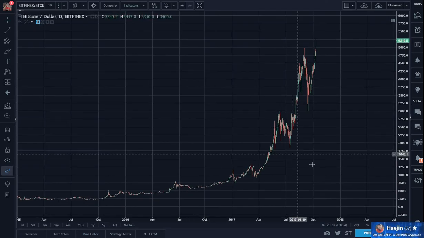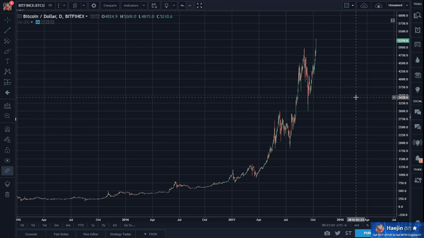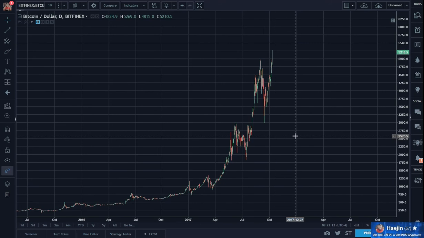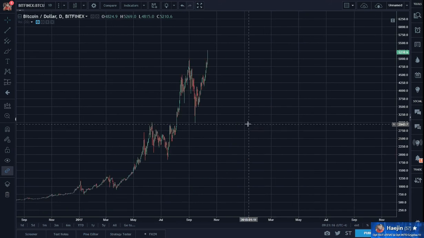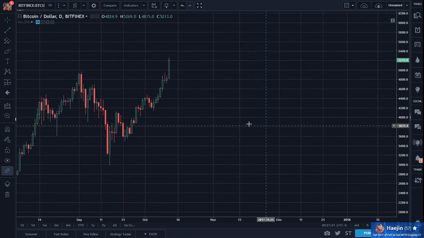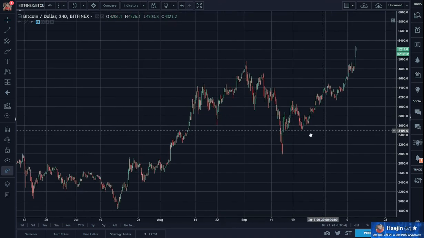But I like to usually start with a clean chart, and it's a pain in the butt at times to restart everything, but it's a good exercise. You might want to try it. Just get rid of it all and restart the labels. Now I want to zoom in. Let's go to 4 hours. There you go.